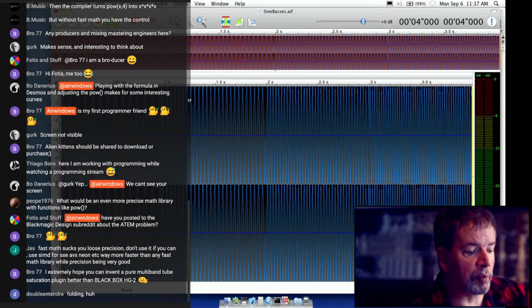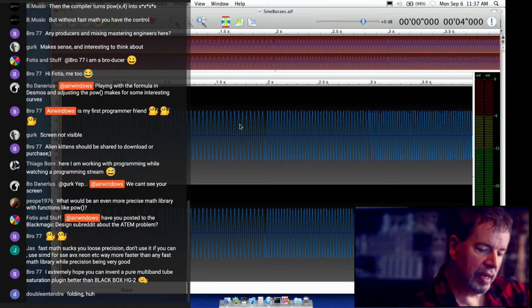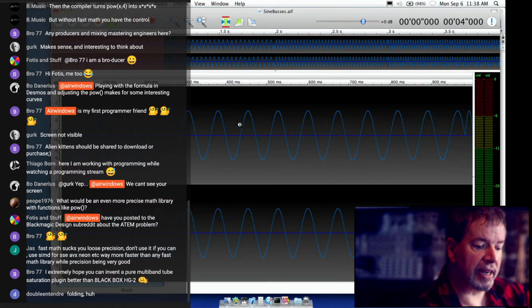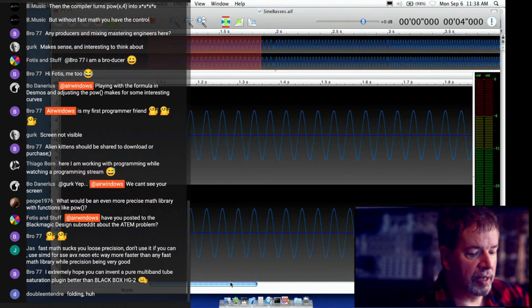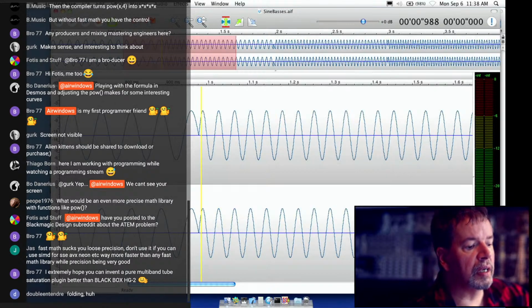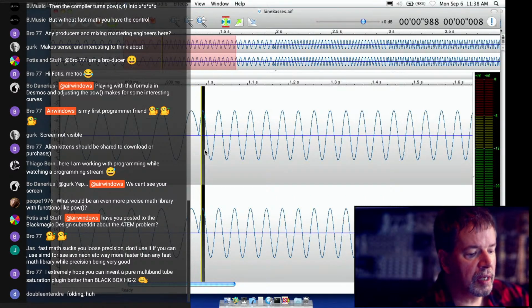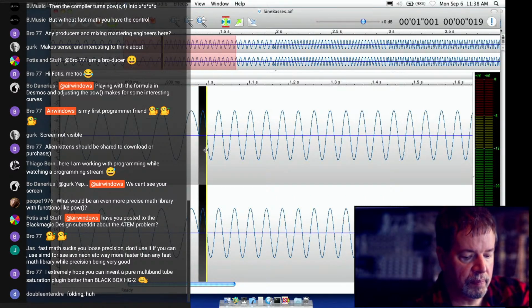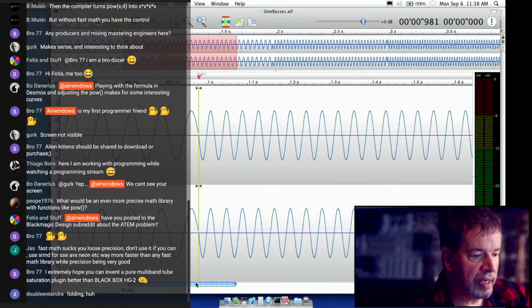Actually, no, let's not normalize that just yet, because the point I was trying to make isn't necessarily about that, and I wonder whether I can soften the clicking between these things. Select, auto extend to zero crossing, boop, and